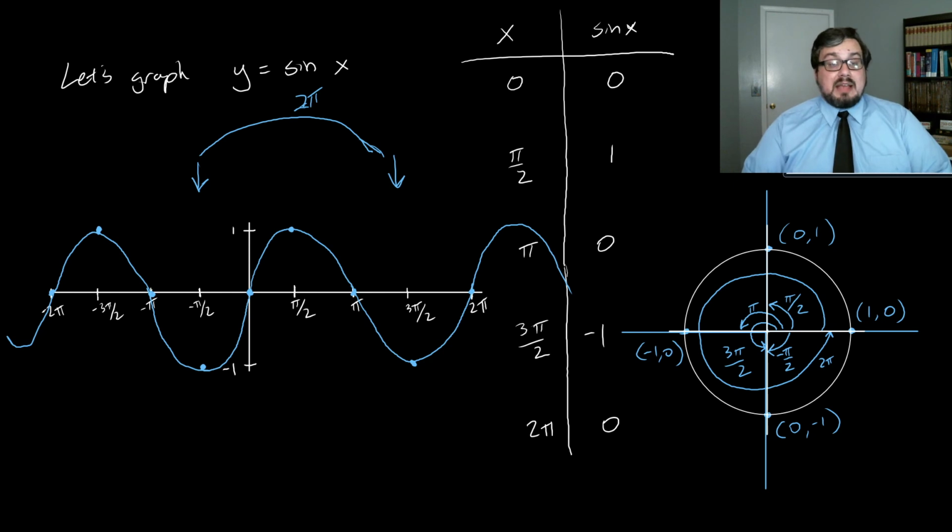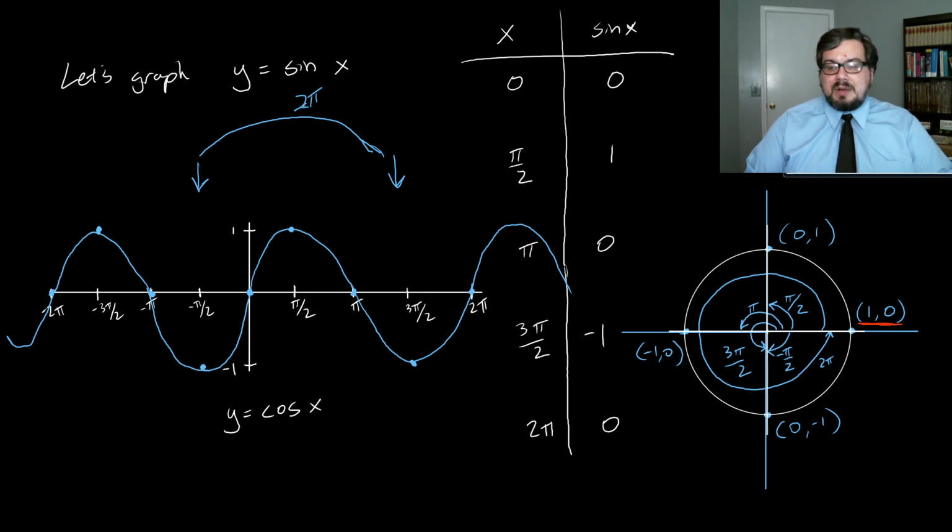All right, so that's how we graph sine of x. Let's graph cosine of x, which is actually going to be very similar. It's going to follow a very similar pattern. It's going to look very much the same. It's just going to start in a different place. So let's do that here. We don't even need to make a table for this. So I'm going to be working on cosine in red. So cosine of 0